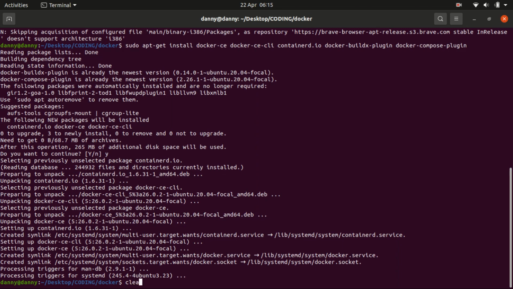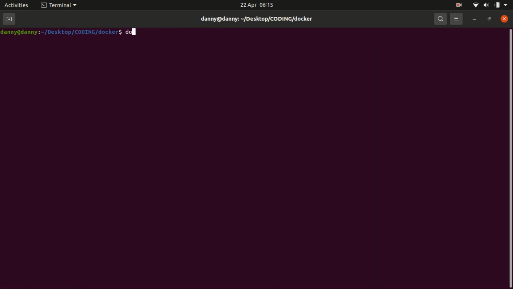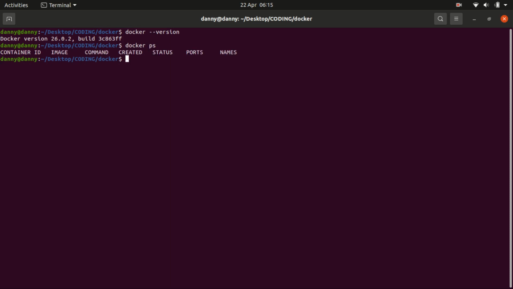Let me first of all clear the screen. Right, so let me check the Docker version, and we see that we have Docker version 26.0.2. Right, so the next thing is trying to check if you're able to use Docker, maybe to check running containers, maybe pulling containers and all that. To check if there is any running container, we have docker ps, and we see that we currently don't